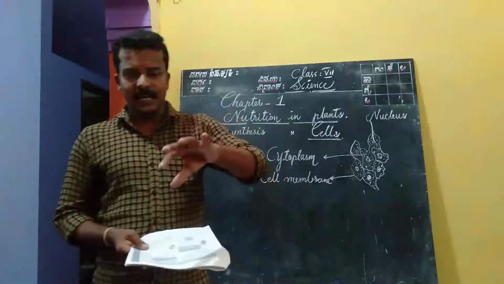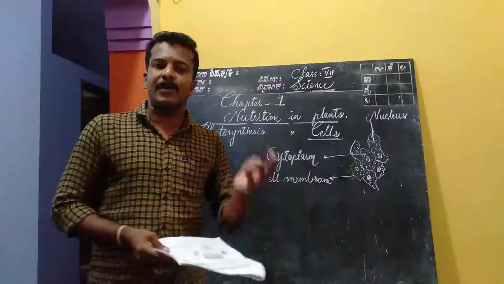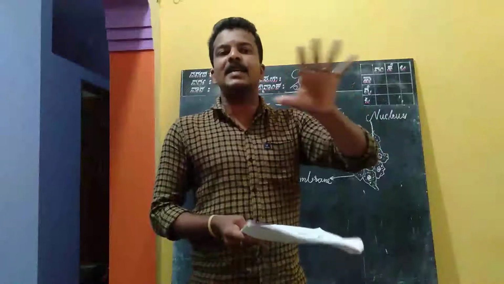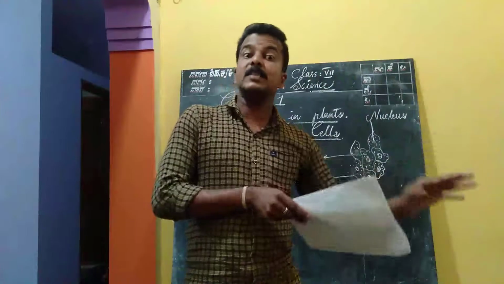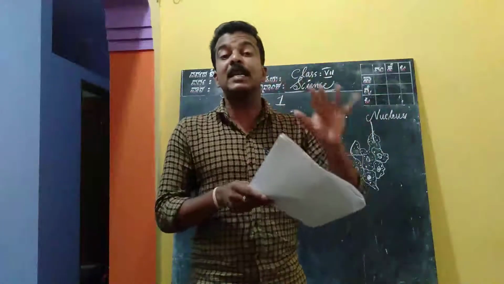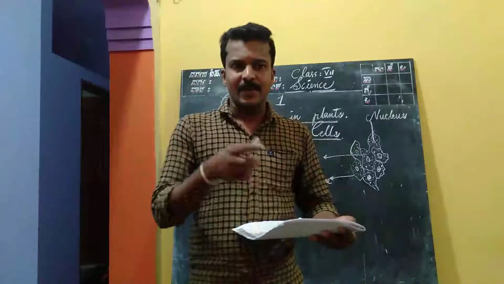Actually, the plants which have brown or red color leaves, this brown and red are just a mask. Chlorophyll is present there. Chlorophyll is there in such kind of leaves, and these colors are just a mask. You know what a mask is? We wear masks, no? Hope you understand.